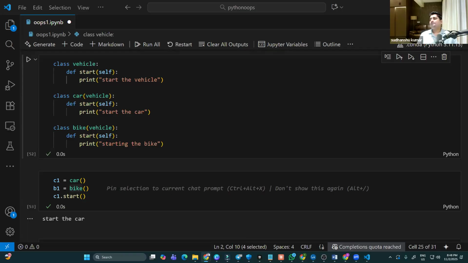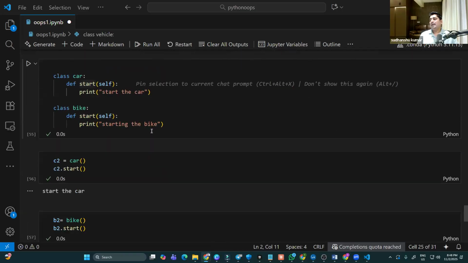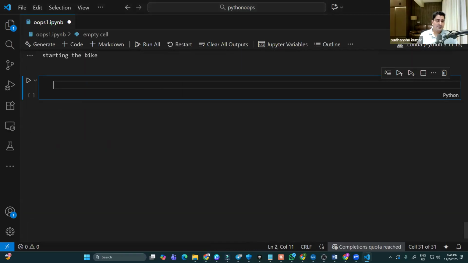Fine. Now let's try to understand a couple more examples. Technically inside Python, and especially inside object oriented programming,